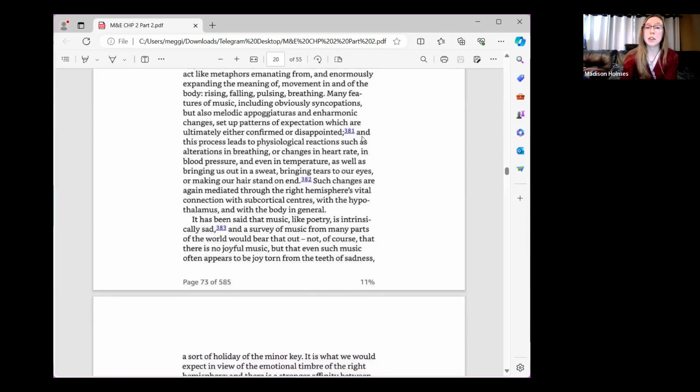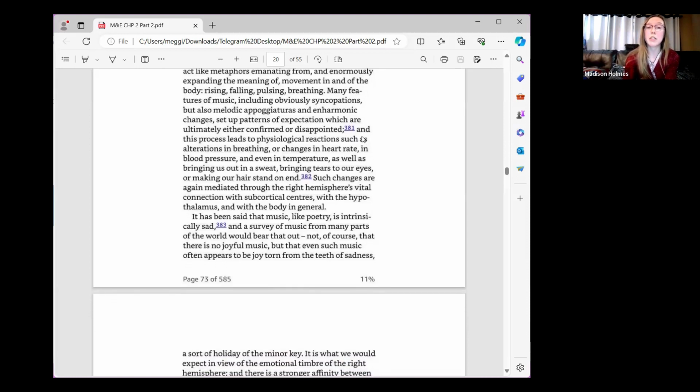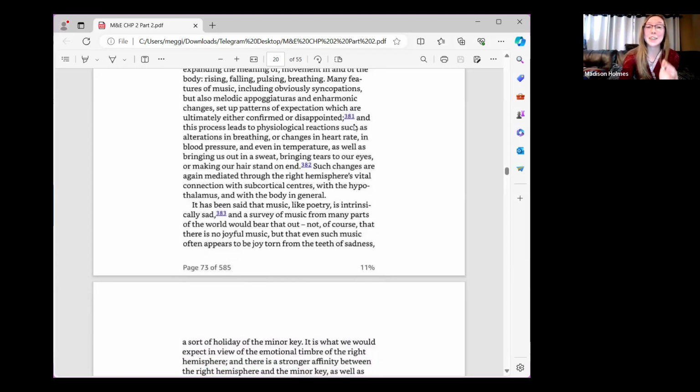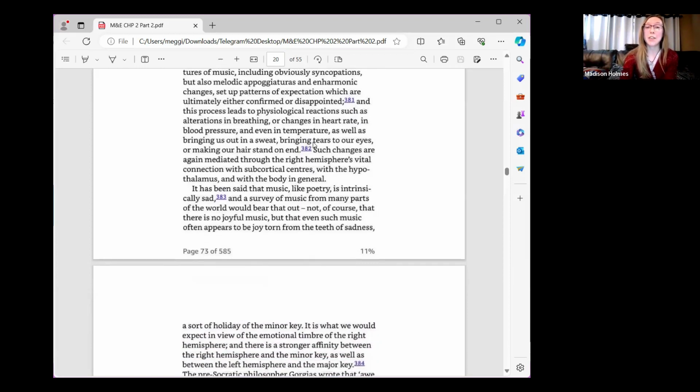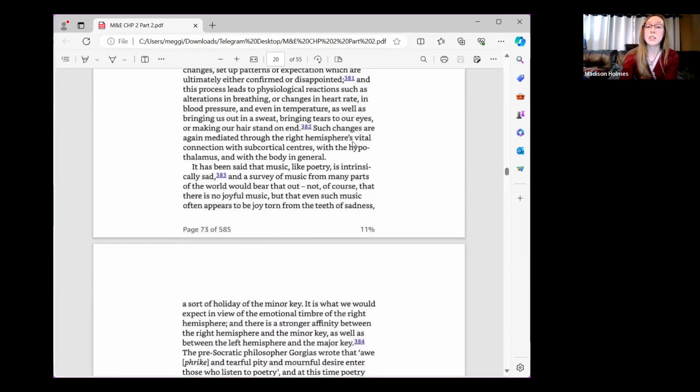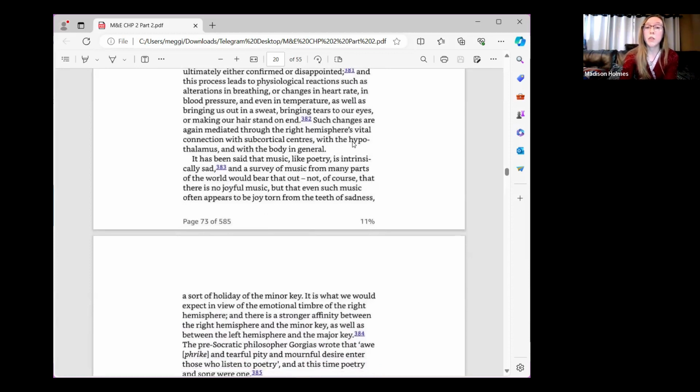Many features of music, including obviously syncopations, but also melodic appoggiaturas and harmonic changes, set up patterns of expectation which are ultimately either confirmed or disappointed. And this process leads to physiological reactions such as alterations in breathing or changes in heart rate and blood pressure, and even in temperature, of which the right hemisphere and